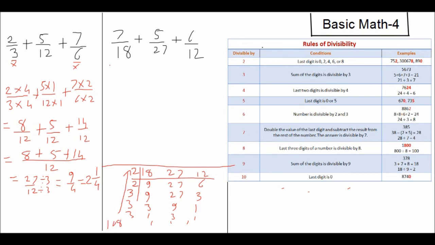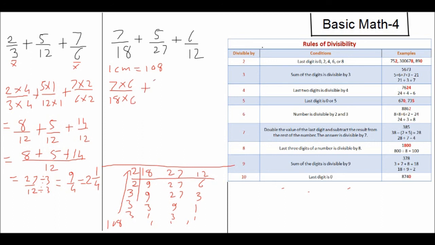So our LCM is 108. Now we need 108 in the denominator in all the cases. For this you should know the tables very well, or have a rough idea. If it ends with 8, then 8 6s are 48 is there, 7 4s are 28 is there, right? Then 12 9s are there. So we should know logically how we get the end digit 8. So we will multiply numerator and denominator by 6, so that we get 108 in the denominator.